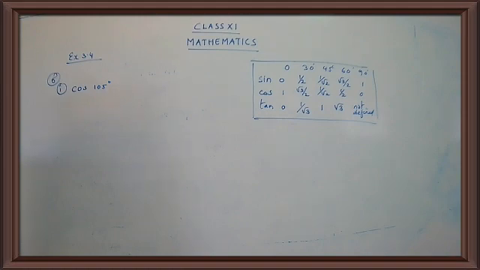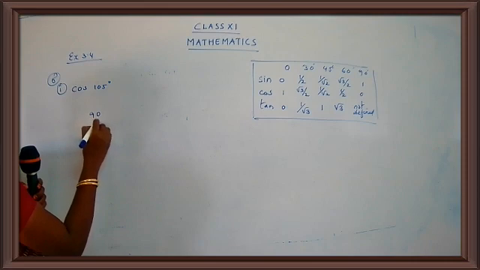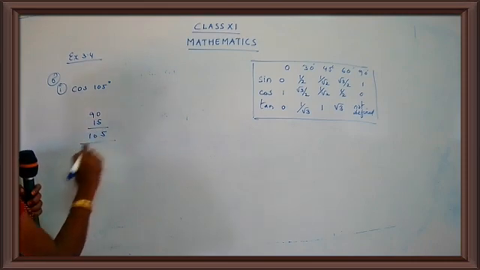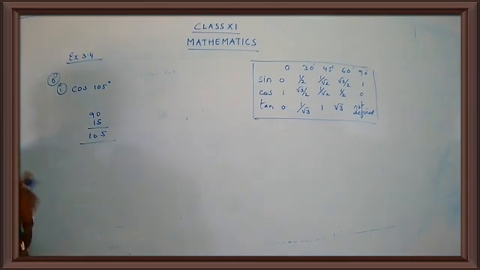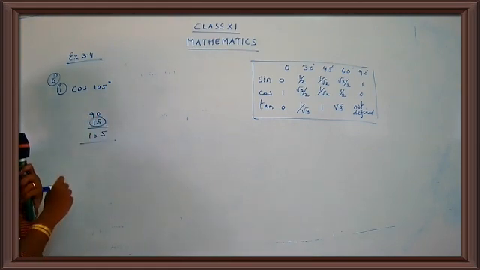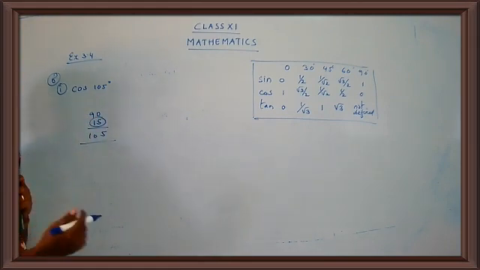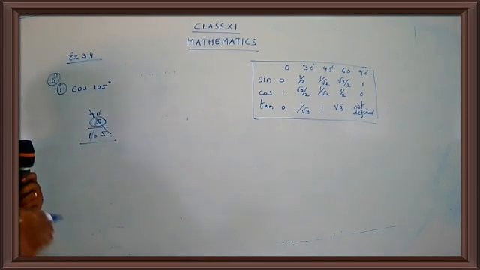So what I'm going to do is split 105. How are you going to split it? You are going to split 105 in such a way that both the angles are known to us. If I take this as 90 plus 15, I can do the splitting like this also. But here I don't know the value for cos 15 and so on. So don't choose a number like this. You're going to split the number in such a way that we can find the values.